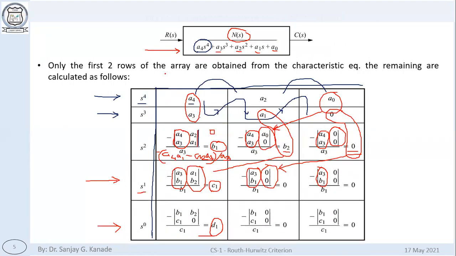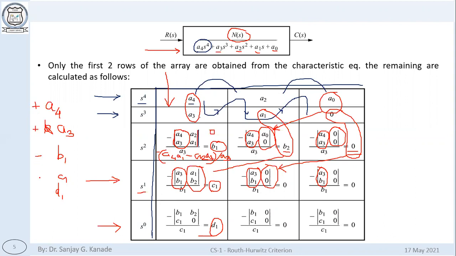So here you can see in this column, A4, A3, B1, C1, D1, right? These are the 5 values in 5 rows. So you have to check, these will be numbers obviously, and you have to check their signs. Okay, some will be positive, some could be negative, or all could be positive, all could be negative. Any case is possible. So just check how many sign changes are there.